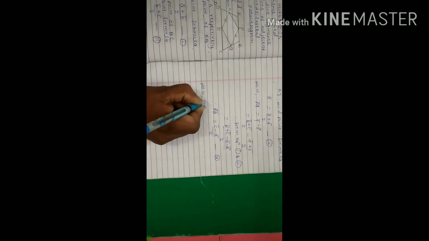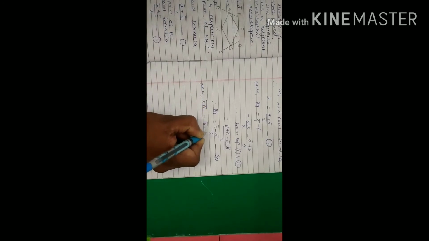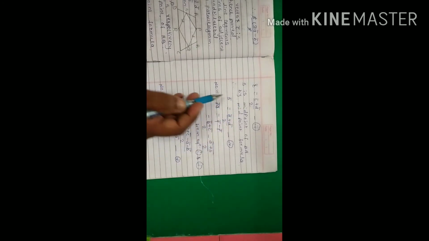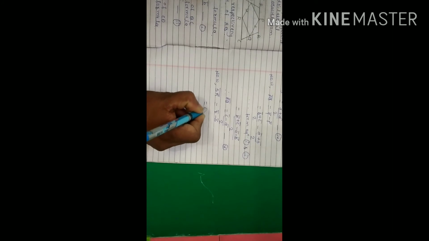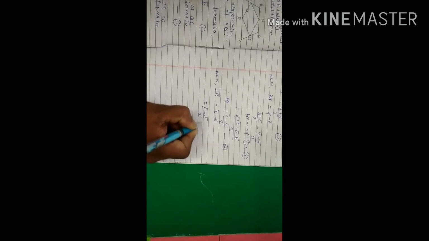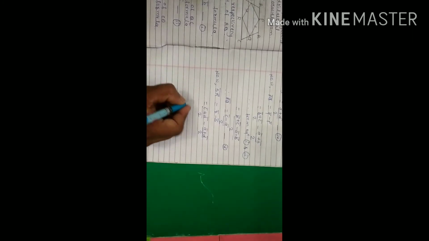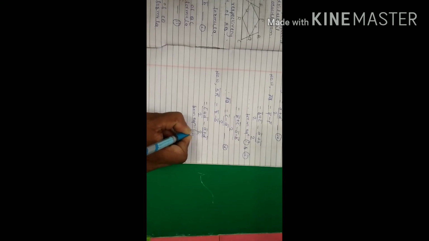Now we find SR bar is equal to R bar minus S bar. We put here the values of R bar and S bar. Value of R bar is C bar plus D bar divided by 2 and S bar is A bar plus D bar divided by 2. We put here and we get is equal to C bar plus D bar divided by 2 minus value of S bar is A bar plus D bar divided by 2, from equation number 3 and equation number 4.